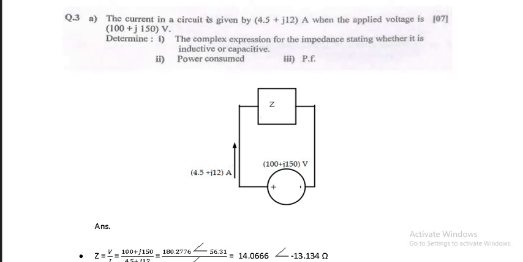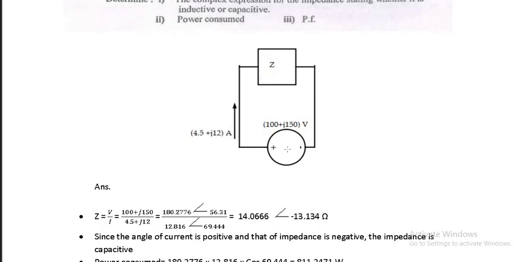So current is given to you and voltage is also given to you. You have to find out what is z. So what will be z? It will be simply v by I, isn't it? But since I have to do the division, I'll have to convert both these values into polar form. These values are right now given in the rectangular form, but what is the value you need in case of multiplication and division? It is polar form, right? So let me convert these into polar form.